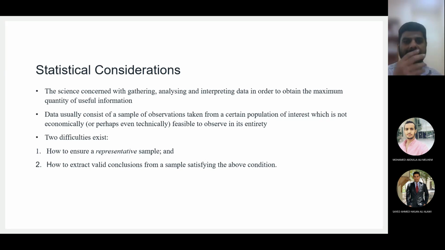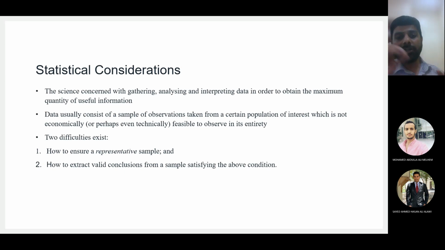Or someone collects, let's say, 30% values from females and 70% values from males. Again, it may not be the true representation of the population of people living in Bahrain. For academic purposes this is fine because we are doing comparison and so on. But actually your sample should be a representative of the actual population. The actual population has 50-50% Bahraini, non-Bahraini, your data should also have the same proportion. If the actual population has, let's say, 60% female, 40% male, then your sample should also have the same proportion.